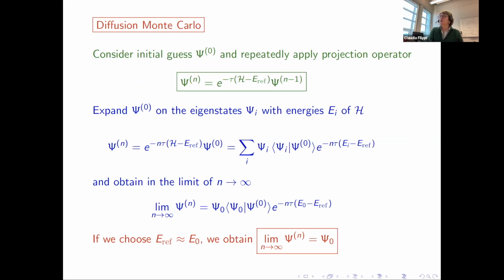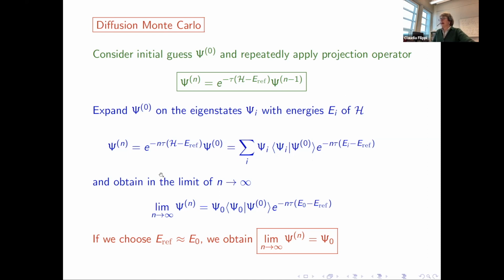So in diffusion Monte Carlo, what you do is you say, okay, I have a wave function, and I apply this operator, okay? I apply it once, I go from 0 to 1, from 1 to 2, and I keep applying it. Now, let's assume mathematically, of course, you don't know this, you expand the wave function. Let's assume you expand your initial wave function on some eigenstates, which we call psi_i, the eigenstates of the Hamiltonian with the energy E_i. Okay, now I start from psi_0. I apply this operator n times. Okay, the 1, 2, 3, n times. So I can collect it in this manner.